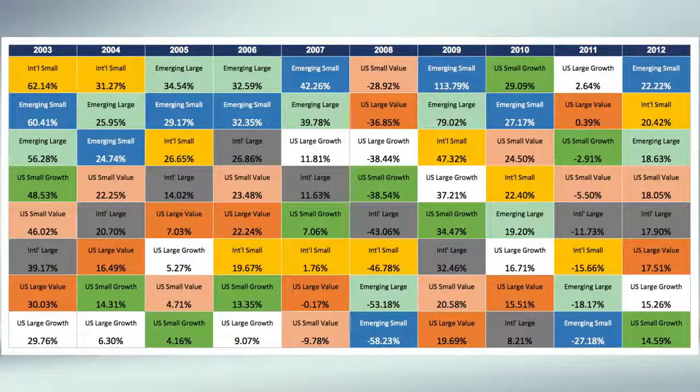For example, there are cases where the best performing asset class in one year became the lowest performing asset class the next year, such as emerging market small cap in 2007, which in 2008 was the lowest performer. Conversely, there were years when